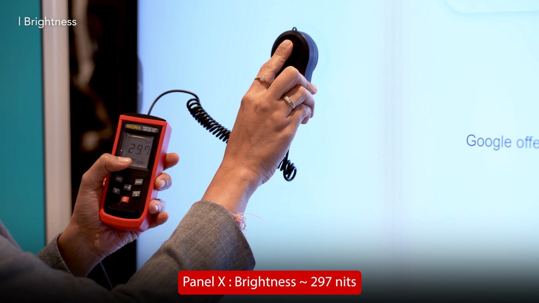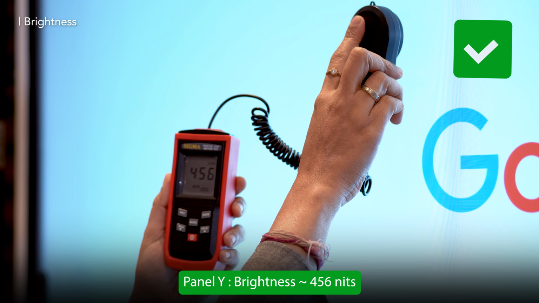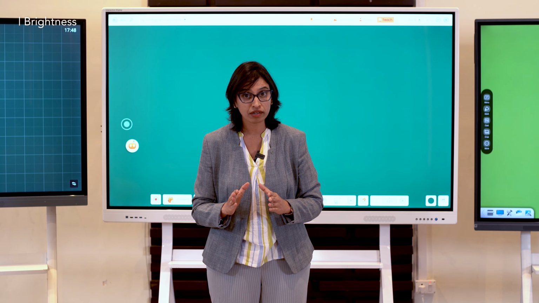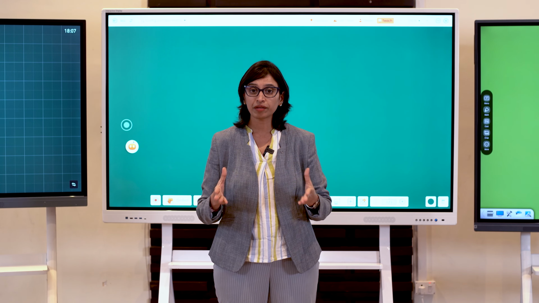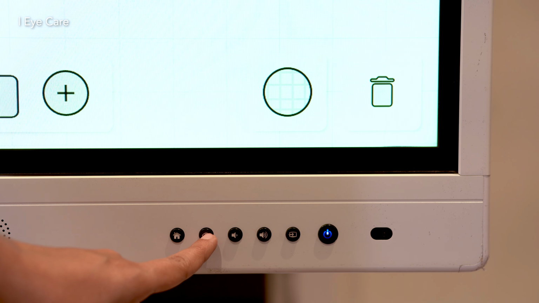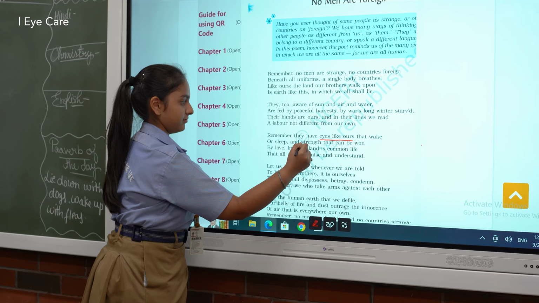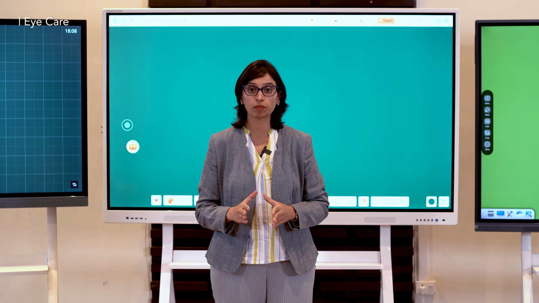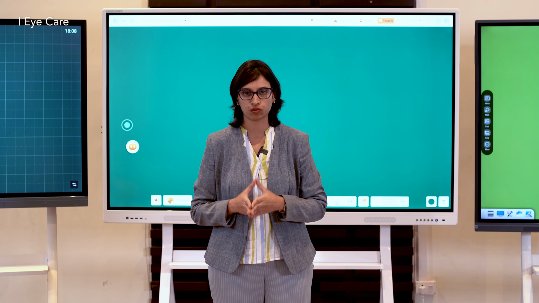So when we tested different panels, we were able to see a very noticeable difference in their brightness and the clarity for sure. Therefore, it is very much recommended that you always verify the brightness before you purchase. Many panels also have a feature called Eye Care, which is especially used in classrooms where the digital board remains for a longer period of time. This is required because it reduces the eye strain. So when you know that you are going to spend long hours in front of the digital boards, you should definitely look at this feature as well.